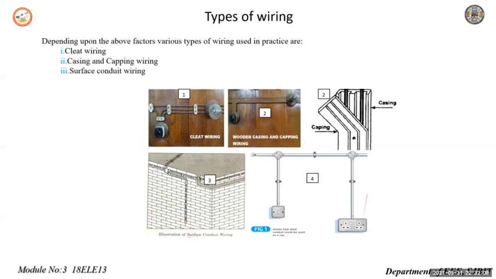Next comes surface wiring. In this type of wiring, wooden battens are fixed on the surface of the wall by means of screws and rawl plugs. You can see that in the diagram. Metal clips are provided with the battens at regular intervals. The wire runs on the batten and is clamped on the batten using the metal clips. If the wire used is tough rubber sheathed, then it is called TRS wiring, while if the wire used is cab tyre sheathed, then it is called CTS wiring.